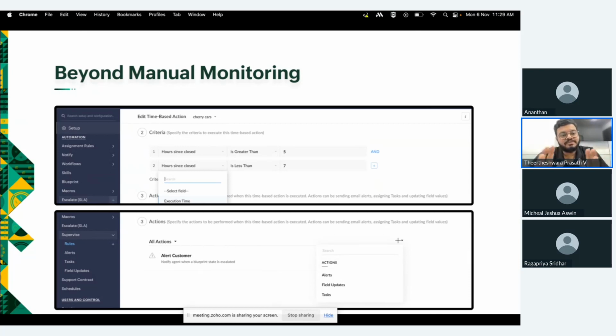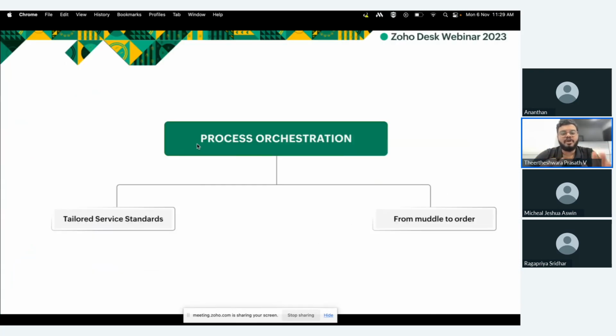So this helps you in achieving this particular action, and can also achieve a number of various actions based on the time, so that you can have a follow-up that can be easily automated. So once we have seen the process of ticket management through automation, let's see how this